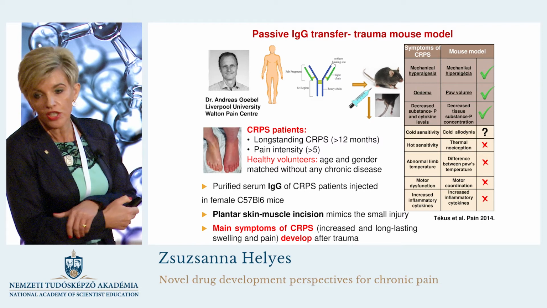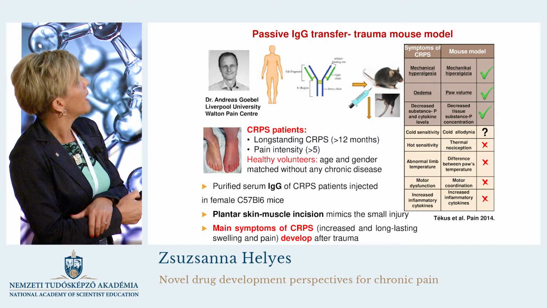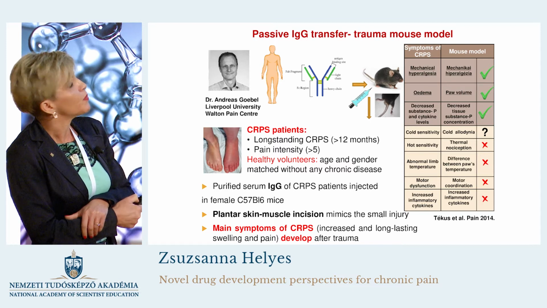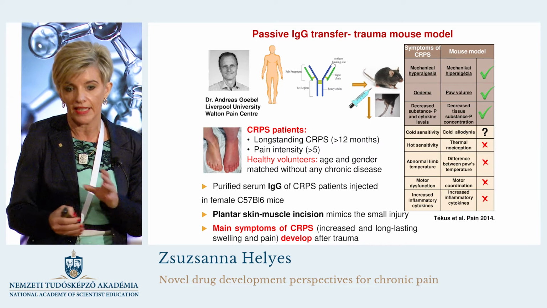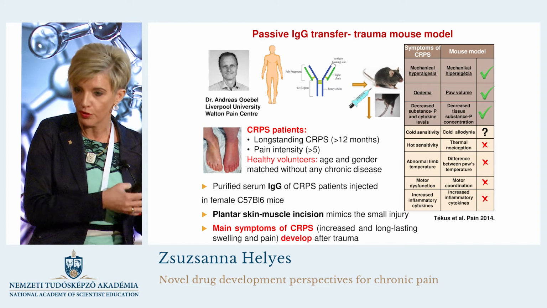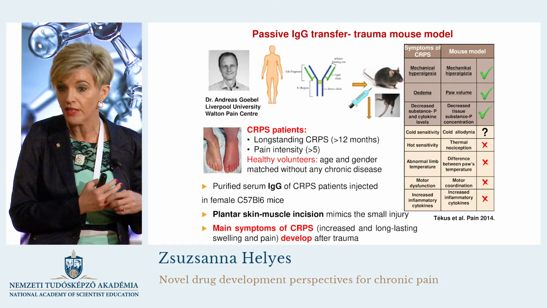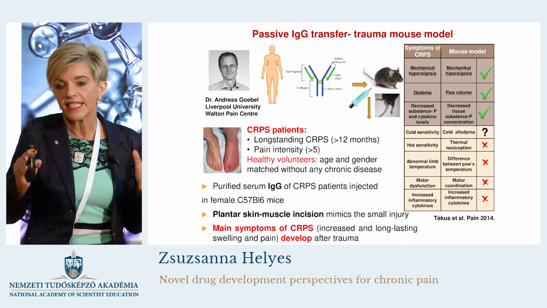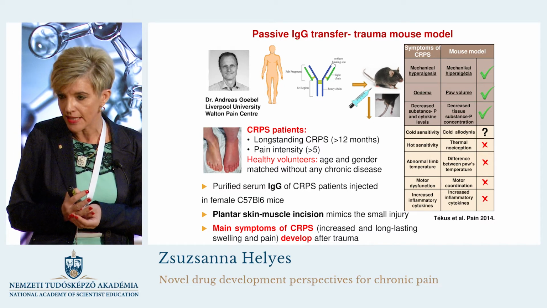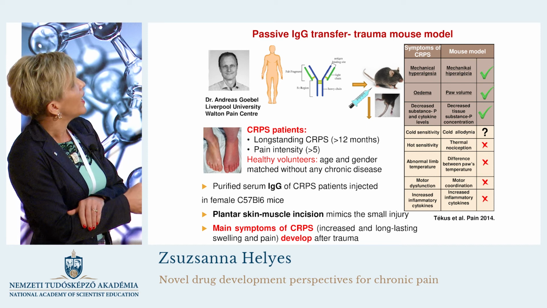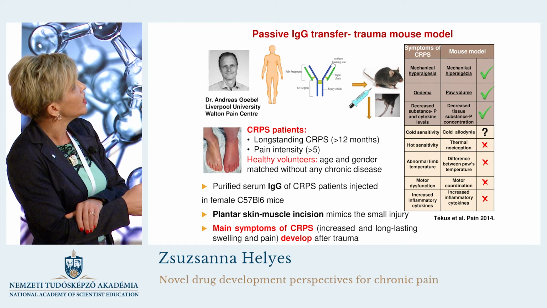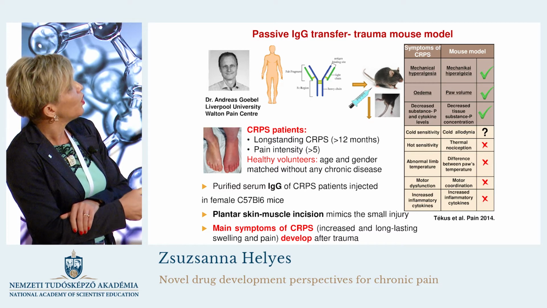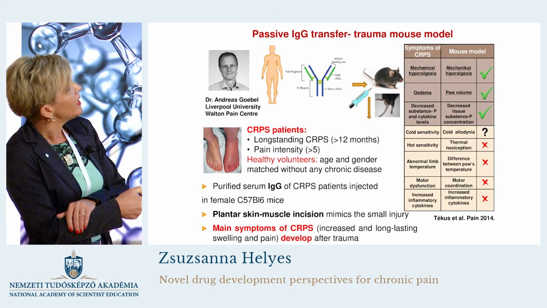They are clinicians and they have complex regional pain syndrome patients, and they treat these patients by plasmapheresis, which means that the immunoglobulins are removed from the plasma together with a lot of other inflammatory mediators. And the idea was that this disease has a kind of autoimmune mechanism. So they identified immunoglobulins, IgGs, immunoglobulin Gs, and we injected these human immunoglobulins to mice, and we did a small